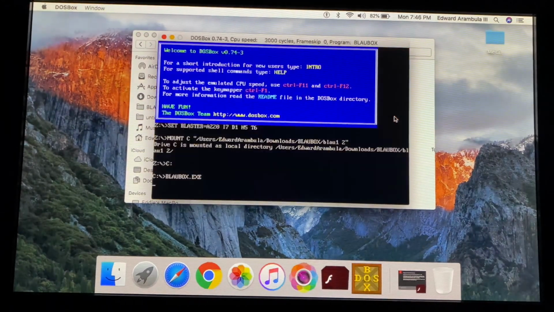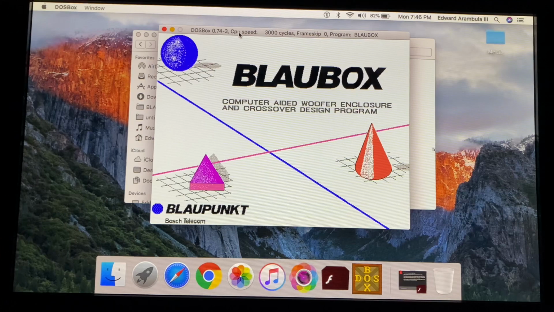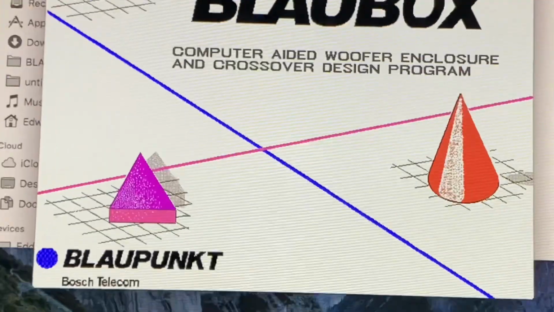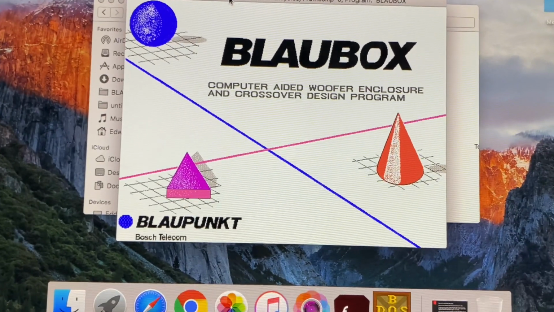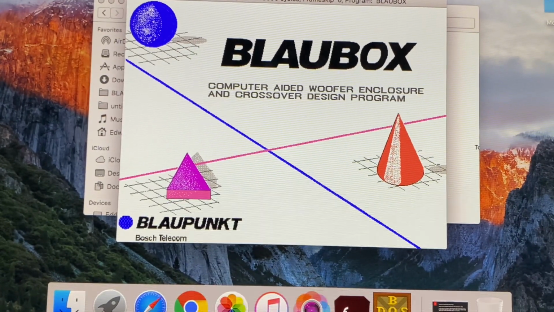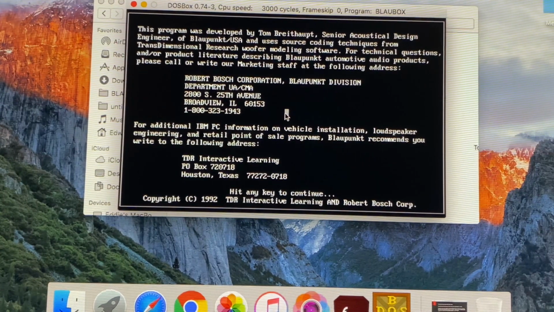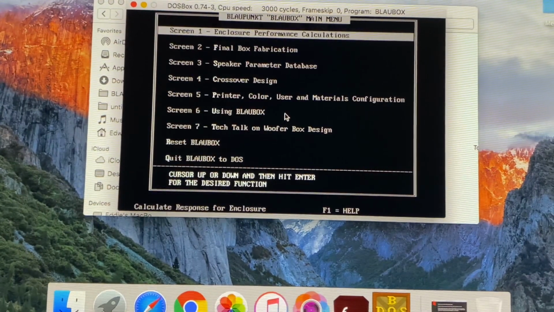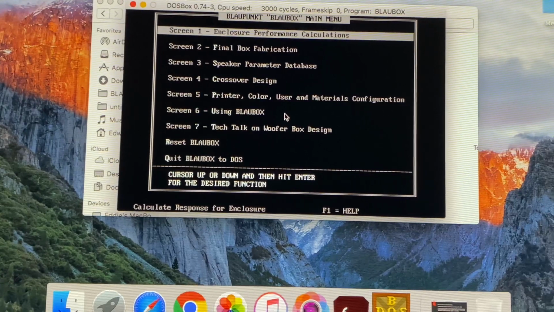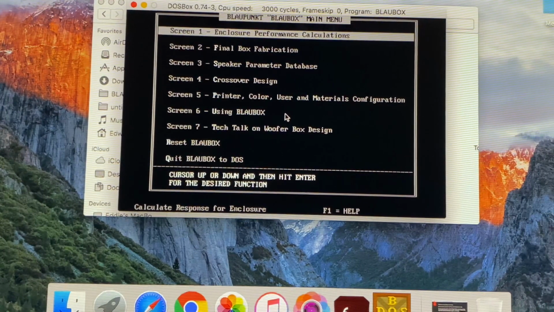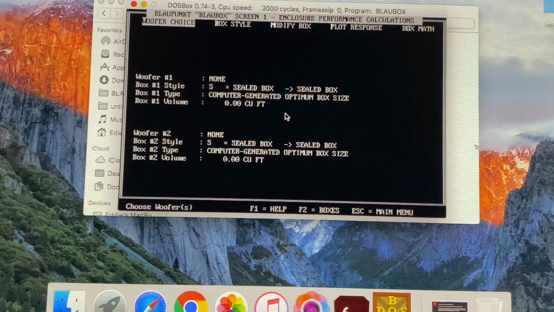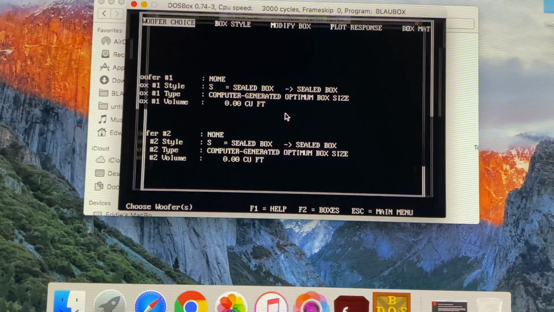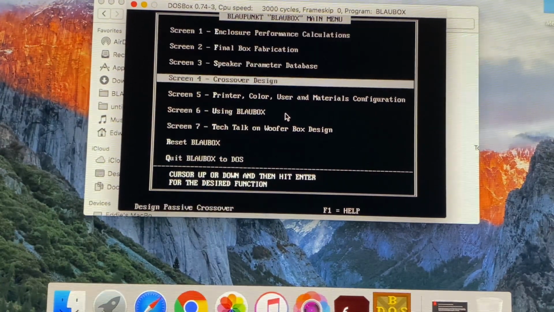Had to do a lot of stuff to get this to work properly, but here, let me zoom in on here. Oh, too much. That's good enough. Alright, so this is a program from 1992, early on in computers, but this is a Blopunk modeling software. So you could put in, you can input drivers, you can, let's see, so I start here, we're